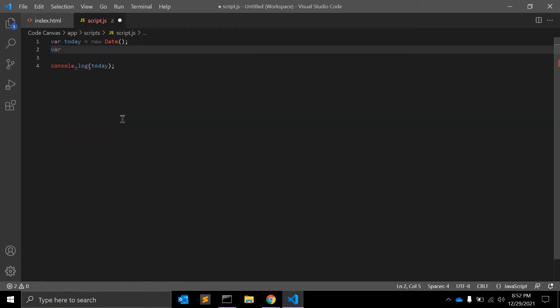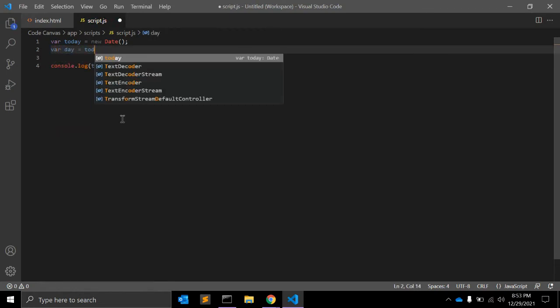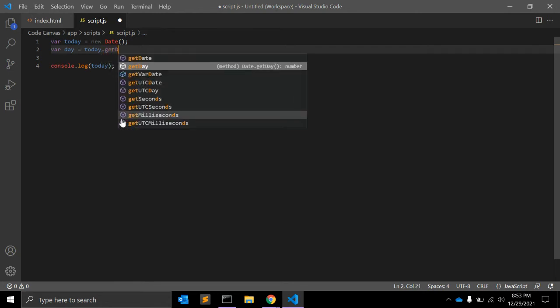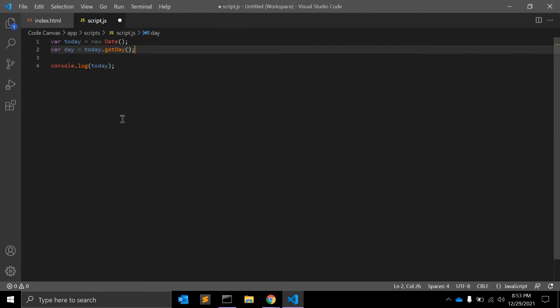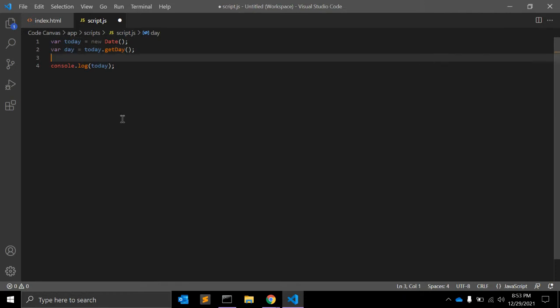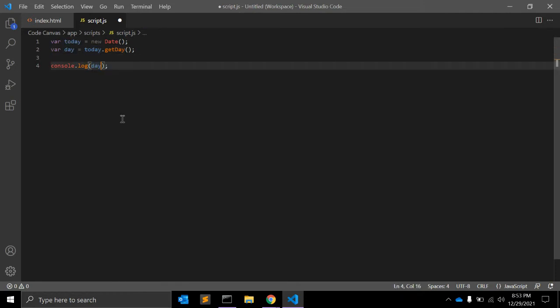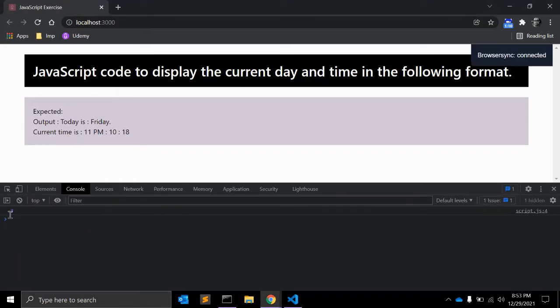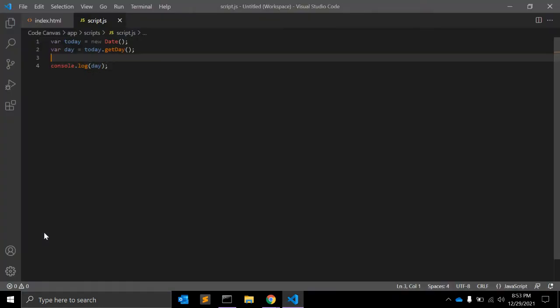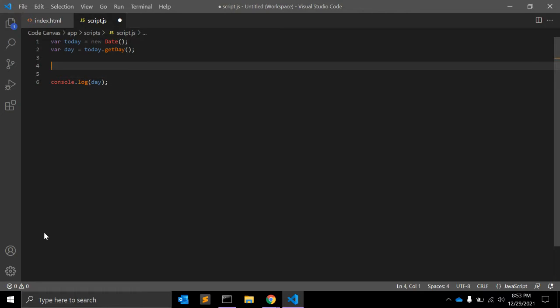Let's say we have day is equal to today.getDay. getDay is a function and it will return an integer for which day it is. It will return 3, which means Wednesday. But we need it in a human readable form. So we need to create one